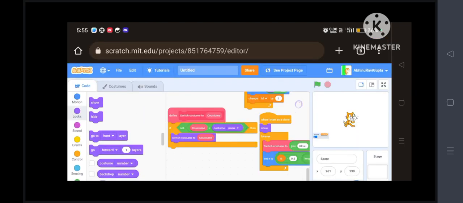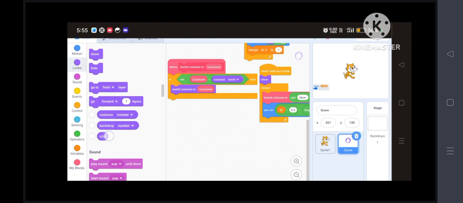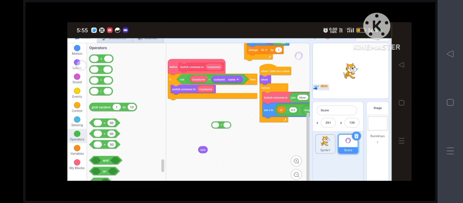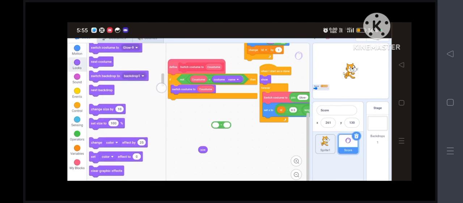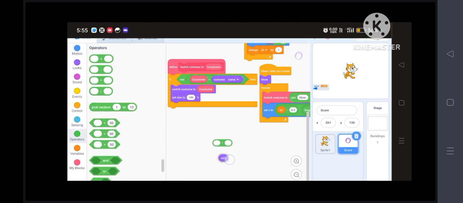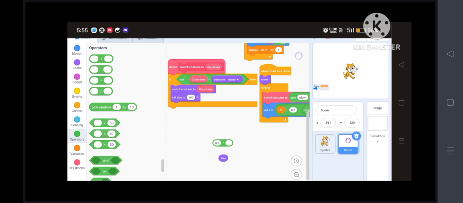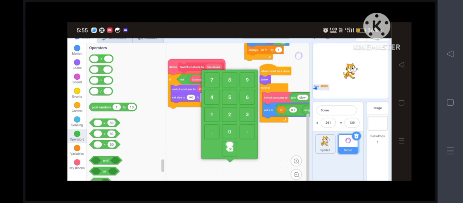We will then set size to 0.2 multiplied by 100 minus size. Okay,